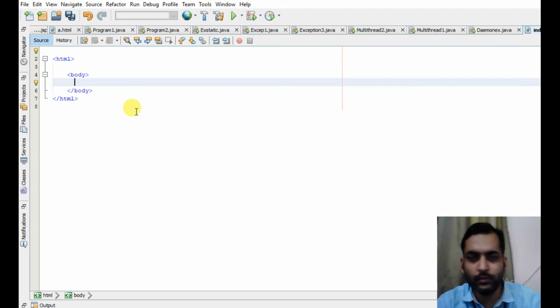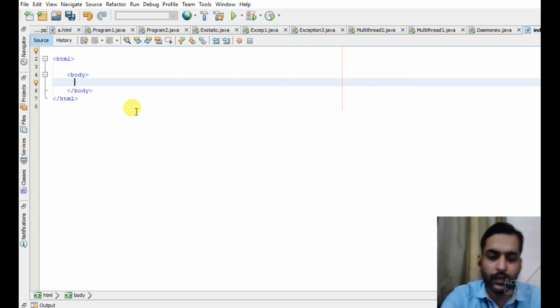What I am going to do, I am creating a form in HTML in which I will submit the username through this form, and on the server side, Servlet will receive the username and will print the hello username. So this I am going to do through this example.